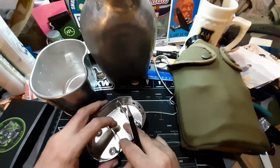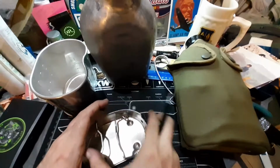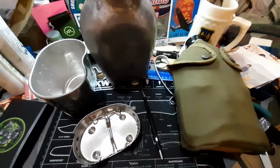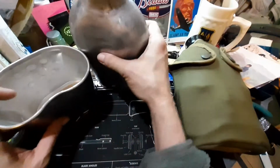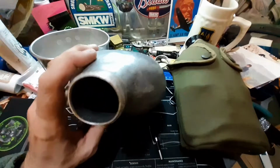You could probably throw some sticks or something in there and try to use it like that, but I know on the aluminum it would probably melt or have issues, but stainless steel might work on it. All right, this guy has a fairly wide mouth opening here,